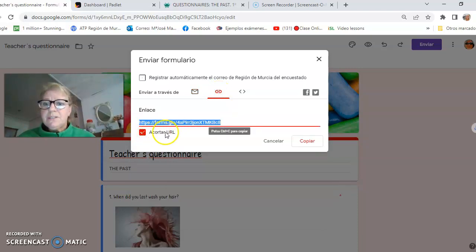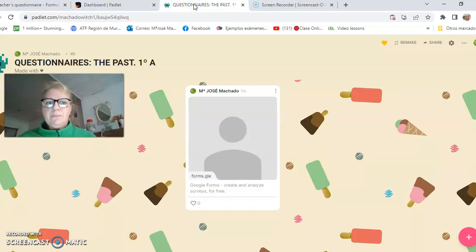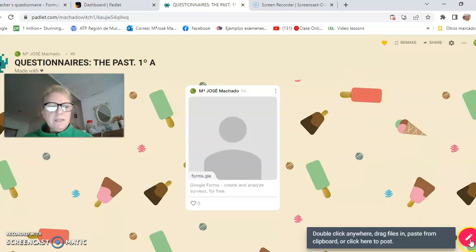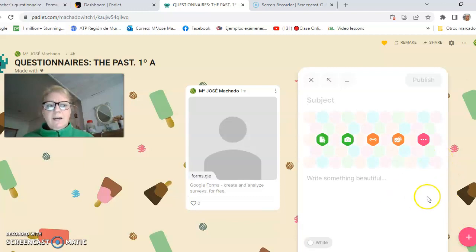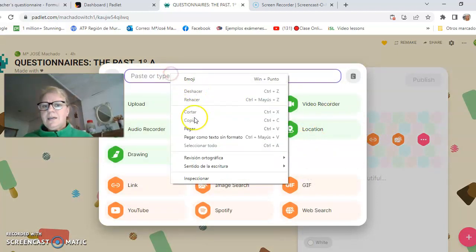This is not important, but once you have the link, copy, and now you go to this page and you paste it here. But how do you paste it? Look at this sign, this icon plus, click on it. And once you are here in this little window, can you see? I clicked on this icon and I paste